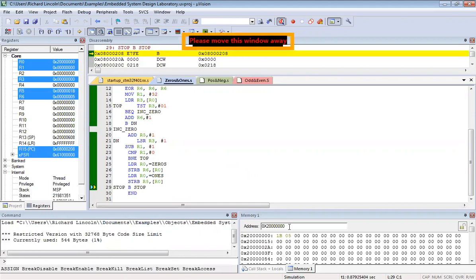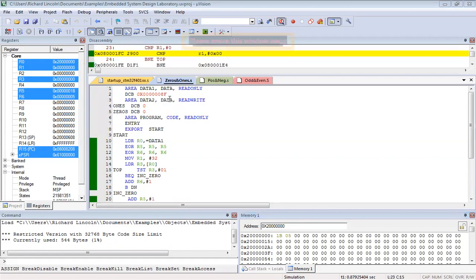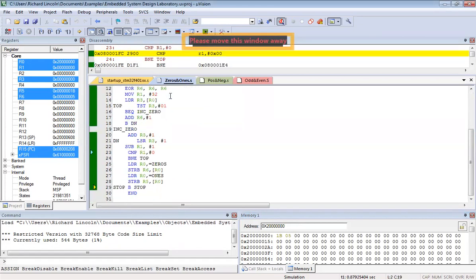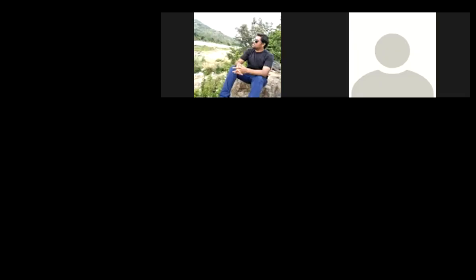So you can see here, you can give this location of R0. I have given the location of R0 here, and you can see it is 1B and 5. So 1B is 27 and 5 is the number of ones, right? So in this way you can try and give some different data, not only just this 8F. You can give some other data and you can check if the number of ones and zeros are equal or not.